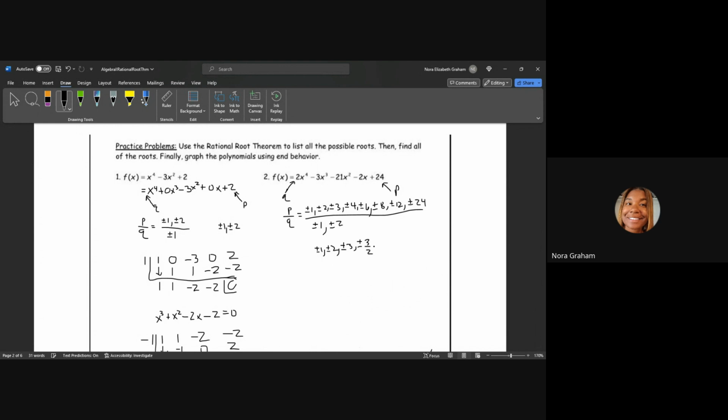Okay, now one more with 4. Plus or minus 4 over plus or minus 1, that's just plus or minus 4. And then plus or minus 4 over plus or minus 2, that's just 2, and I already have 2 listed. So you would list all these out and see all your possible roots for this polynomial. After we do that, now we have to go to synthetic division